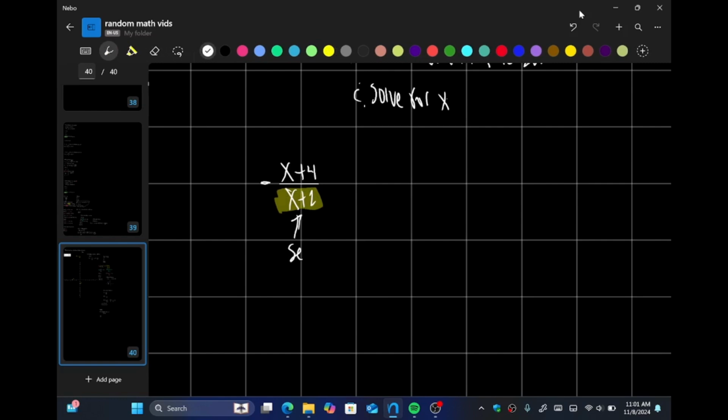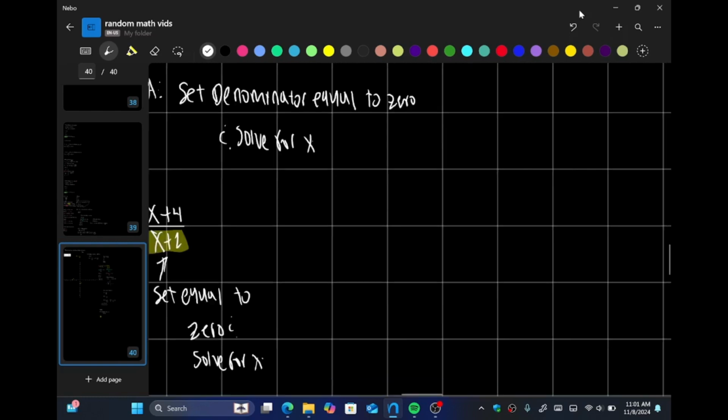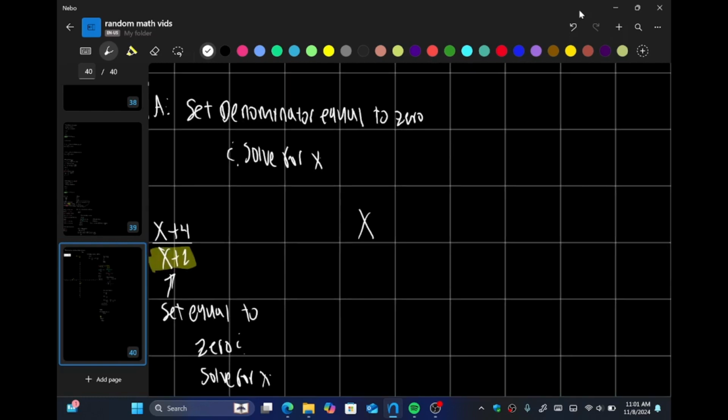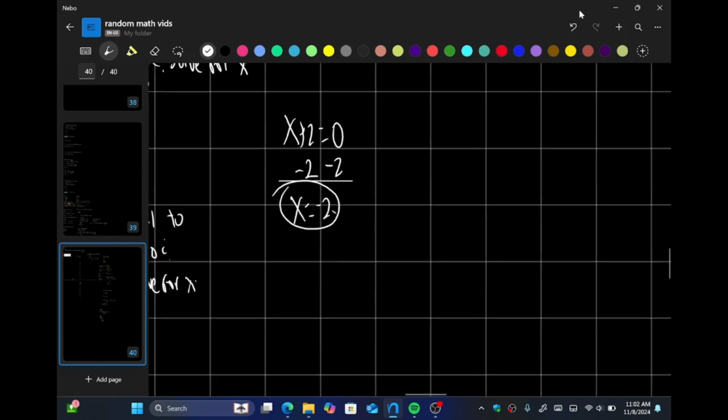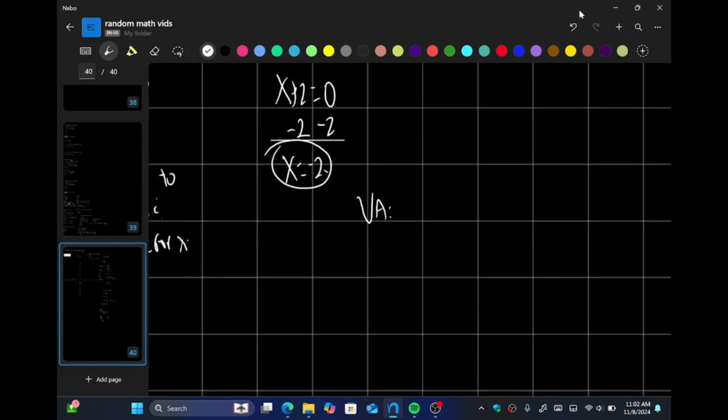So set equal to 0 and solve for x. I know I'm doing a lot of writing, guys. So then x plus 2 equals 0, subtract 2 on both sides, and we get x equals negative 2. So the vertical asymptote is a vertical dashed line